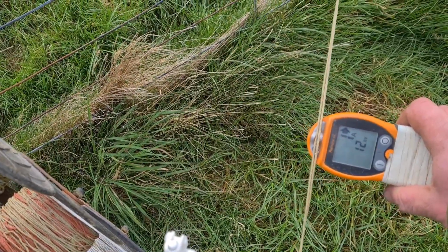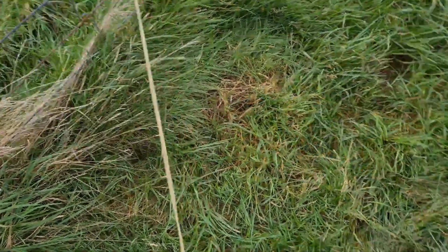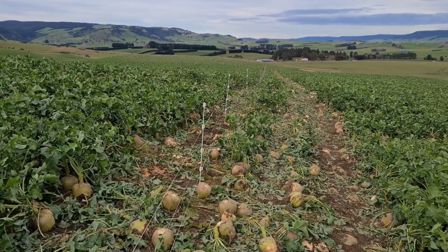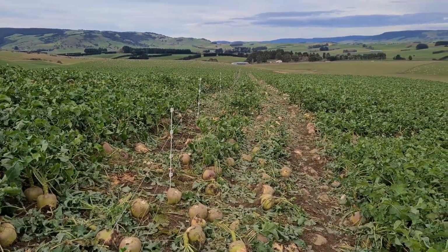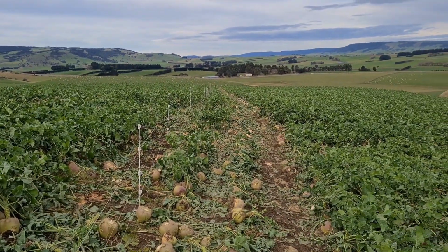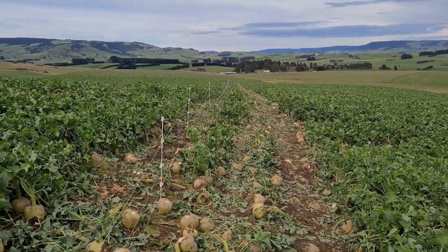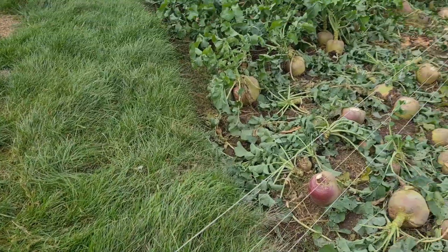2 amps. Well, this fence is 400 meters long. We've got 2 hot wires on that, and then there's another 2 100 meter fences down there with 2 hot wires on them, so that's 1200 meters of wire, and we've got a 2 amp draw. Probably,